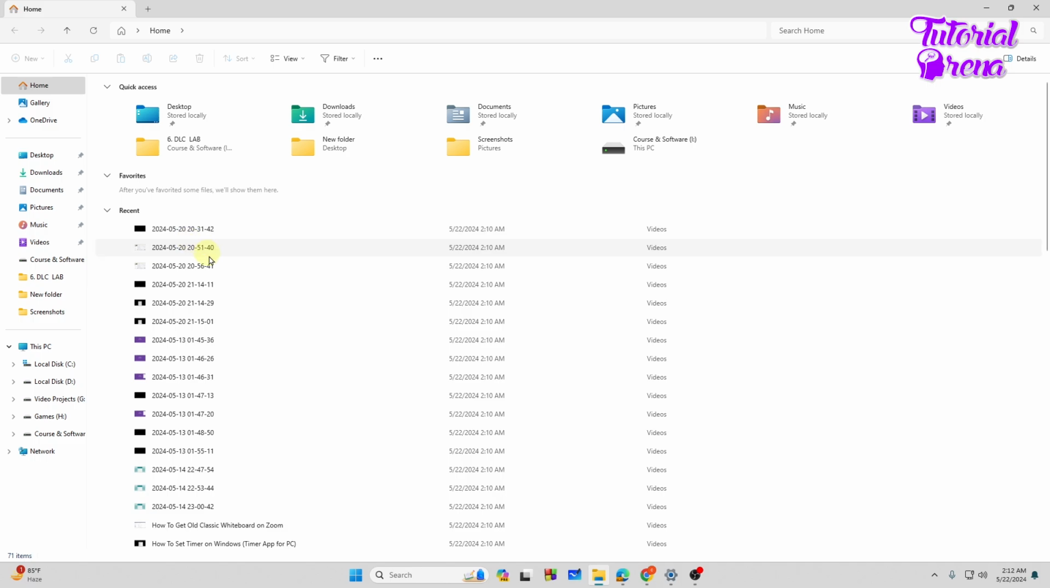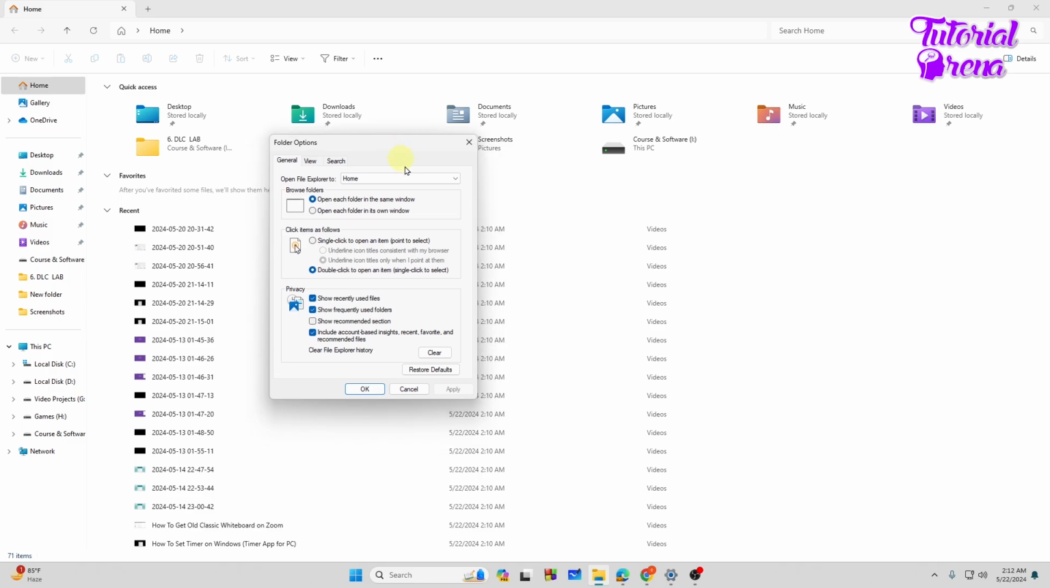After that, again go to File Explorer, and from here you can see the recent files you have visited. So what you need to do is tap on the three dots on the top side and go to Options. From here, you need to untick Show recently used files. Untick that, and also untick Show frequently used folders, and then tap on Apply